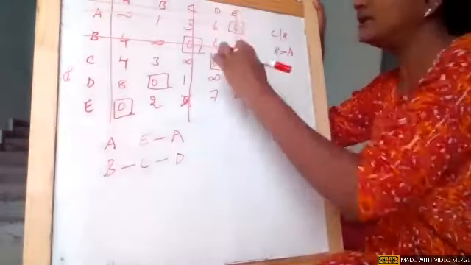Yes, ma'am. From D, where is he going to? Wherever there is an assignment, I'll mark. So it is only covering 3 cities. In the first case, it is covering only 2 cities. In the second case, it is only covering 3 cities. Okay, now again, I'll take the next path. If I go to this particular path, from C he is going to D. Again, from D, he is going to B.